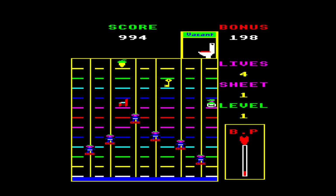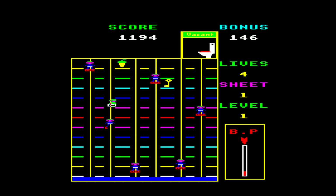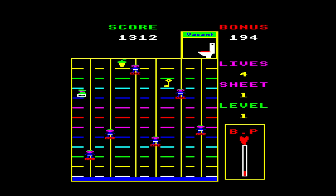You get a bonus, which is counting down pretty quickly, and that bonus is just for that one floor you're on. But goodness me, there must be about 12 floors, in terms of the lines on the screen that you have to get up each one, and it does take a long time. And you've got, I think it's your BP, your blood pressure. I've never ascertained what the blood pressure actually does, to be honest. I'm not sure what makes it go up, but certainly if it gets to the top,